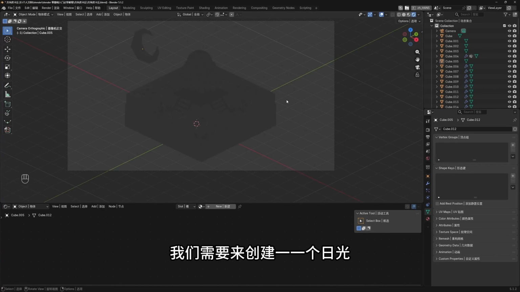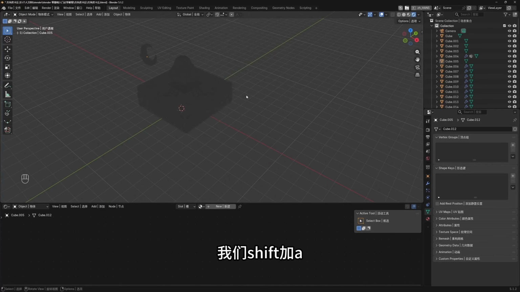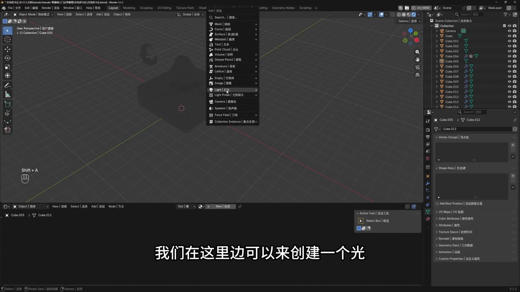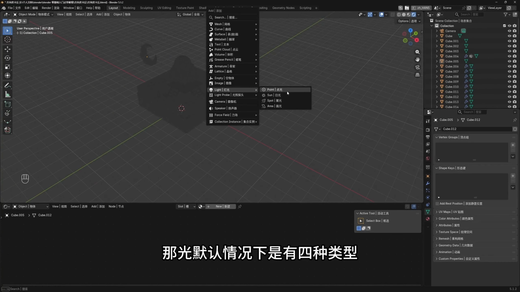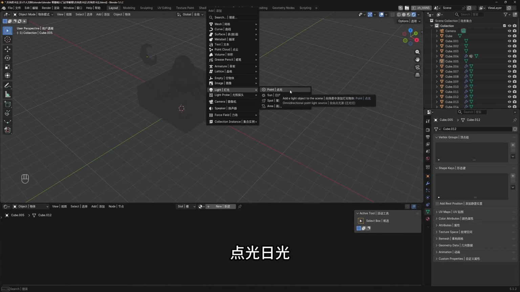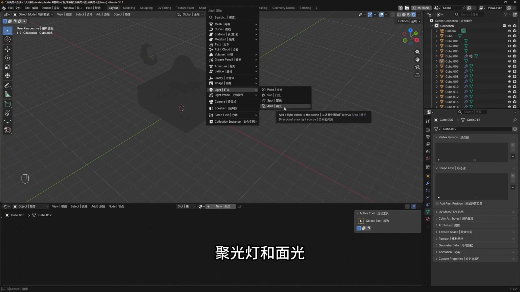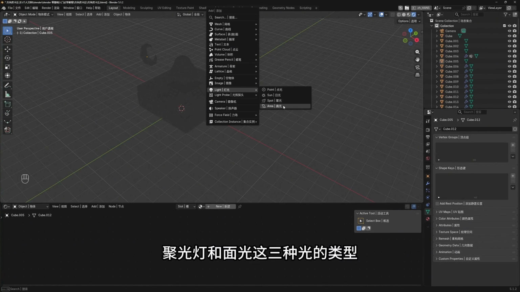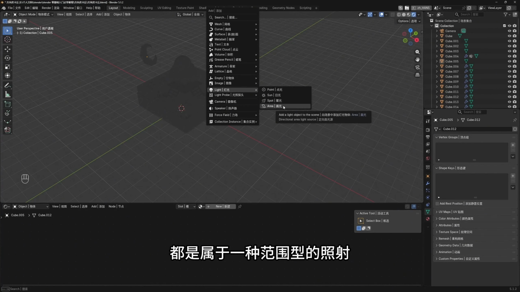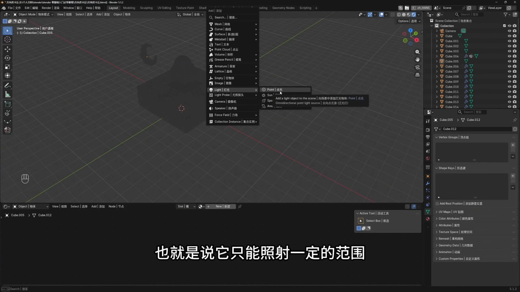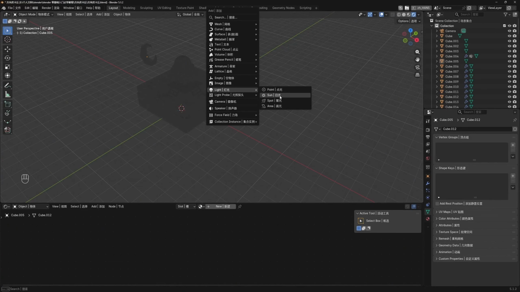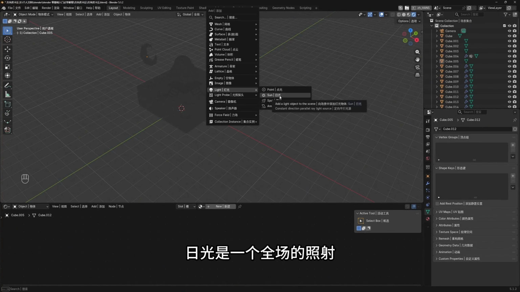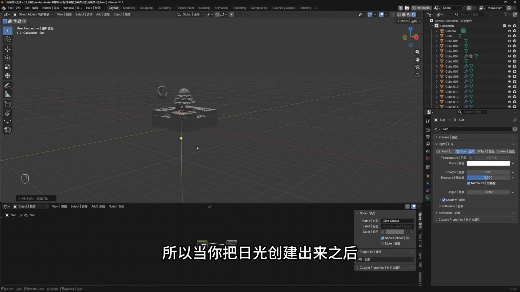Then we need to create a daylight. We can create a light here. There are 4 types of lights by default: point light, daylight, spotlight, and surface light. The point light, spotlight, and surface light all illuminate only a certain range. Daylight is a full field illumination. So after you create the daylight,